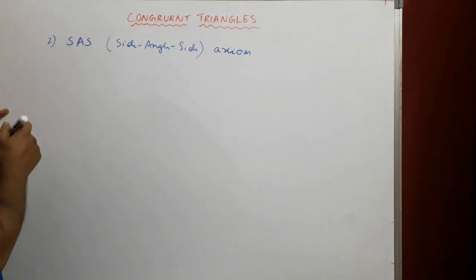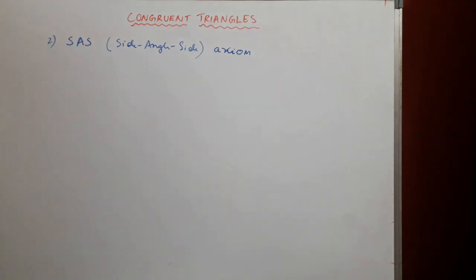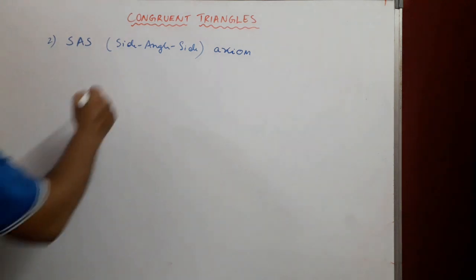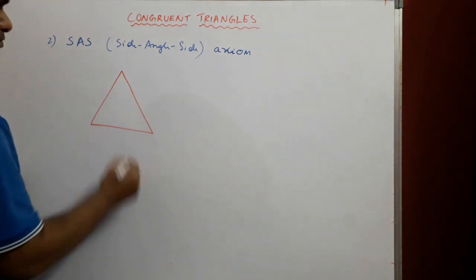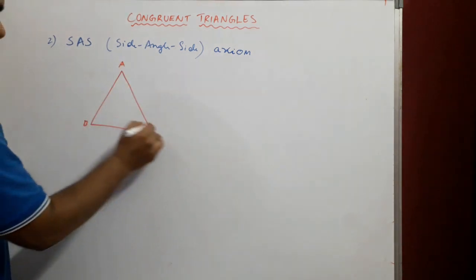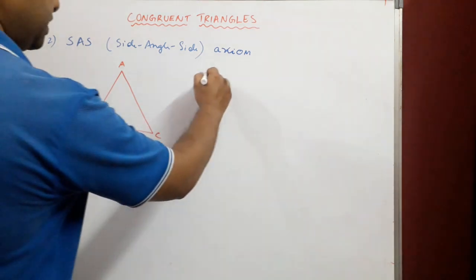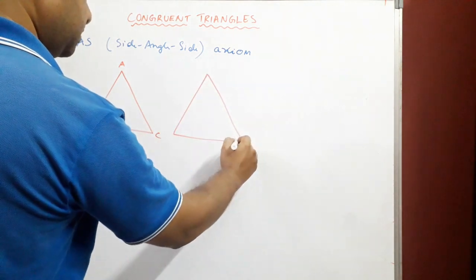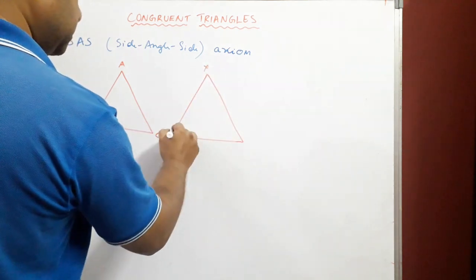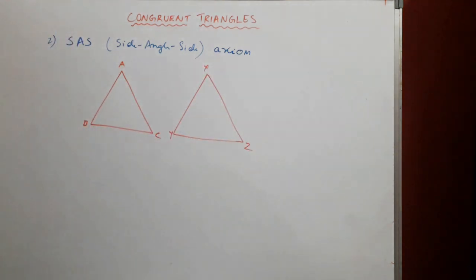Let's say we have two triangles, A, B and C, and the other triangle X, Y and Z. Now in an SAS axiom,